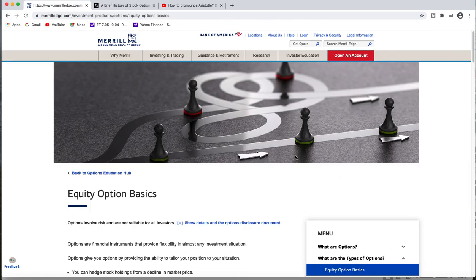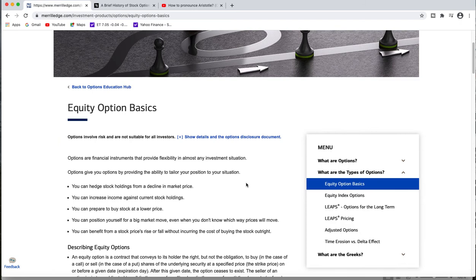All right, now what I'm going to do is, this is all in the Merrill Edge, and I'm going to just copy and paste this down into the remarks section. You can read all this. You guys got a lot of reading to do here if you're just starting off with options. You need to investigate, educate yourself, and then watch me trade. You're going to see how different trades are going to go out of the money, go into the money. Sometimes we're going to do okay in the week. Sometimes we have to wait a couple more weeks to get rid of a certain stock. Sometimes it works that way. Markets go up, markets go down.